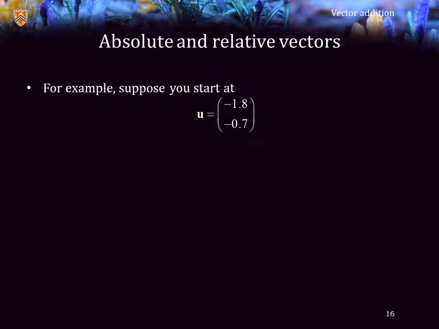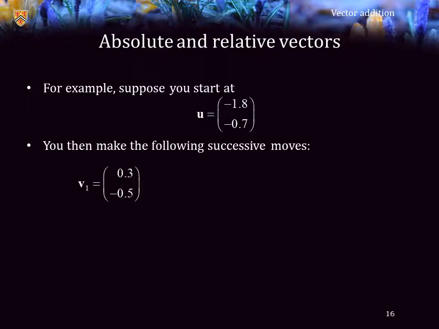Now, let's look at an actual example where we're adding numerous vectors. That's a little bit simpler. Here, u is negative 1.8, negative 0.7. Now, from our geometric interpretation, let us assume we make a sequence of moves. So here we move 0.3 to the right, 0.5 down. Then we move 0.1 to the right, 0.3 up,